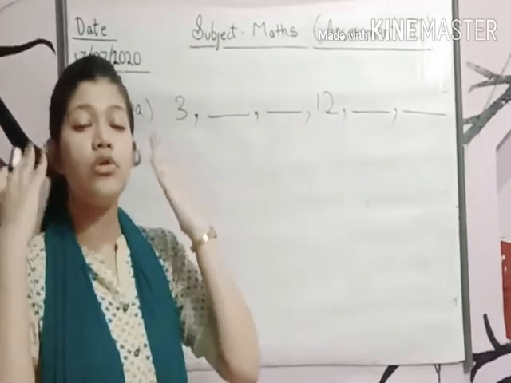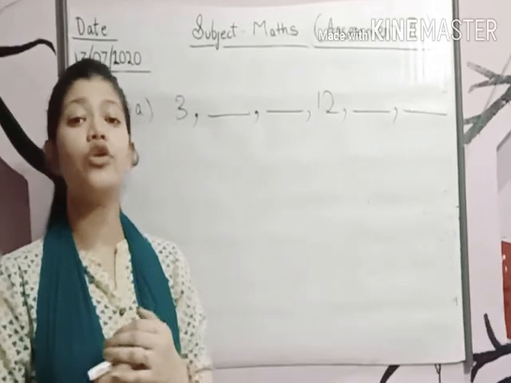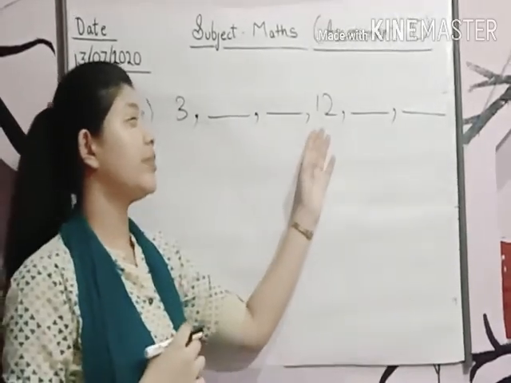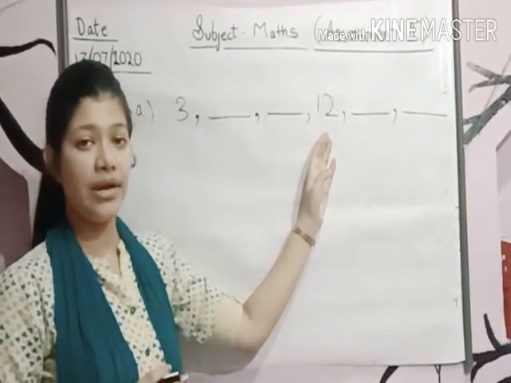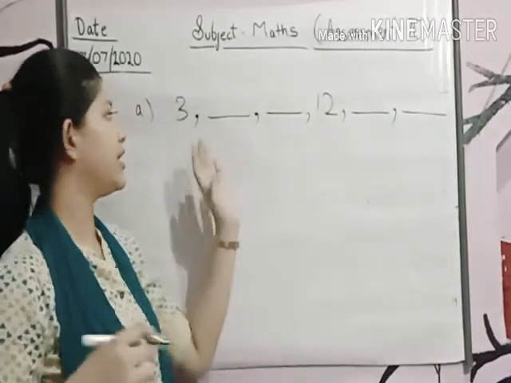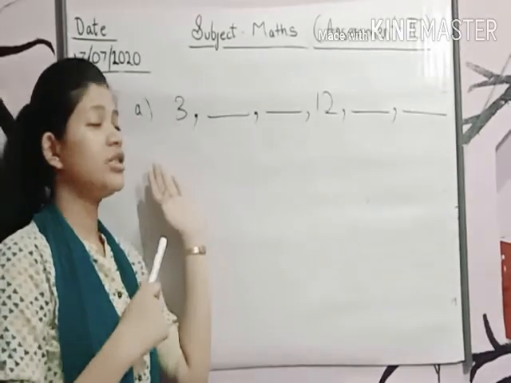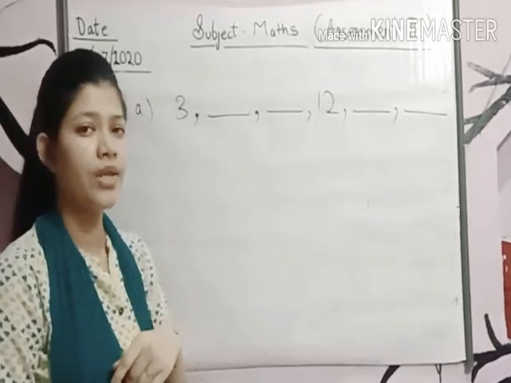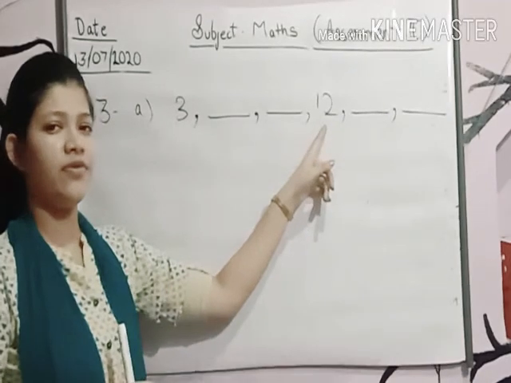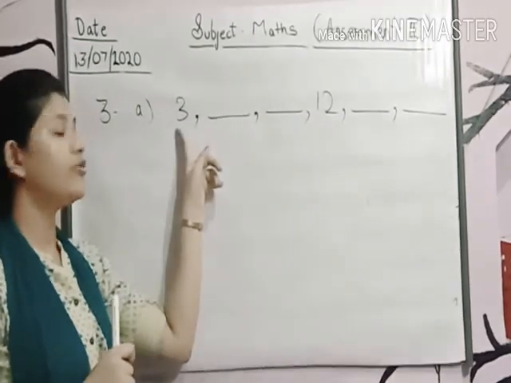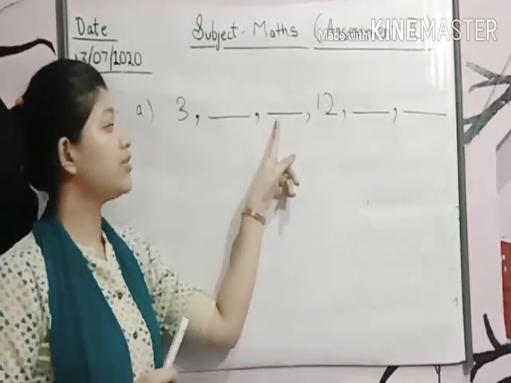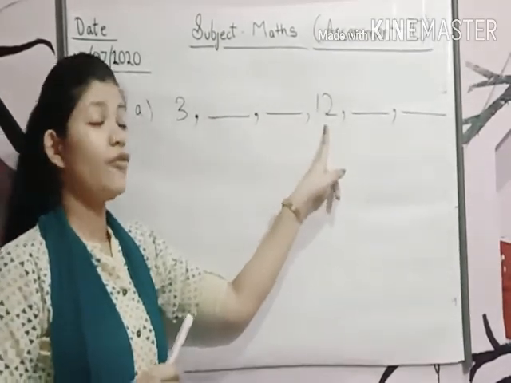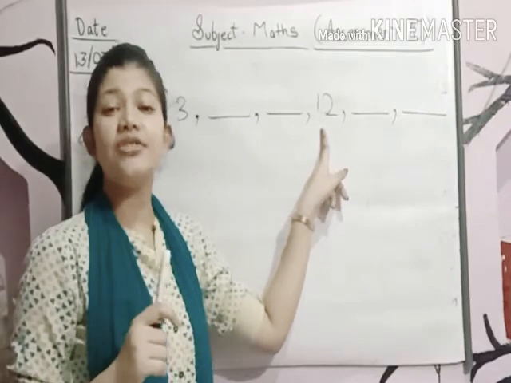So you have to think that the answer will be 12 over here. Okay. This you have to use your brain. So what do we have to do? Now see. If we put here the table of 3, then I think here will be 12. Let's check. 3 ones are 3, 3 twos are 6, 3 threes are 9, 3 fours are 12. It means we are correct.